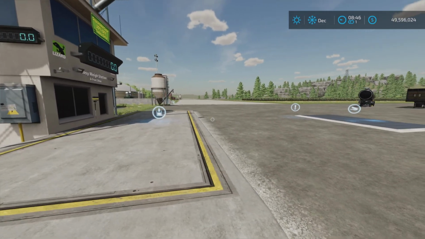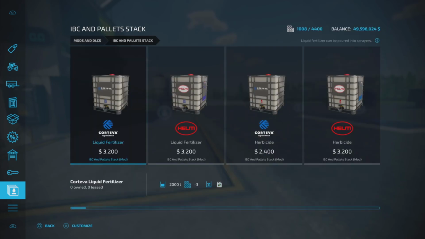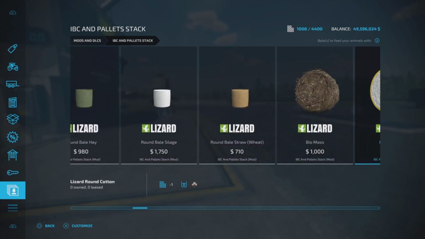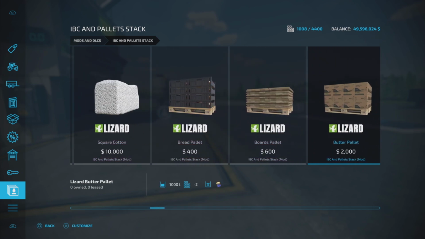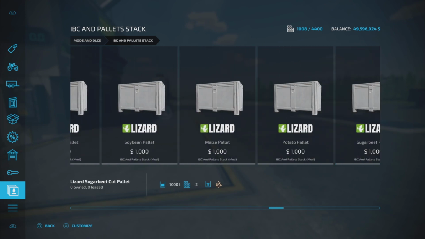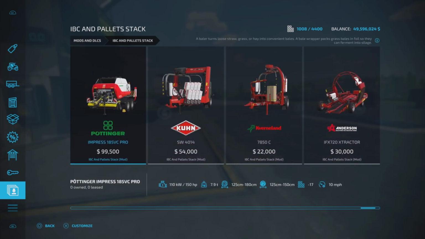And finally, along that same line is the IBC Pallets Stack. Now, these are not liftable, which is somewhat too bad. However, they do include all of them, but what this does include, and why I've included this, is you can buy the biomass bales, round cotton or square cotton, which is absolutely essential in my testing, so I don't have to actually make cotton bales. It's the only place that you can buy cotton bales, and it also has all sorts of